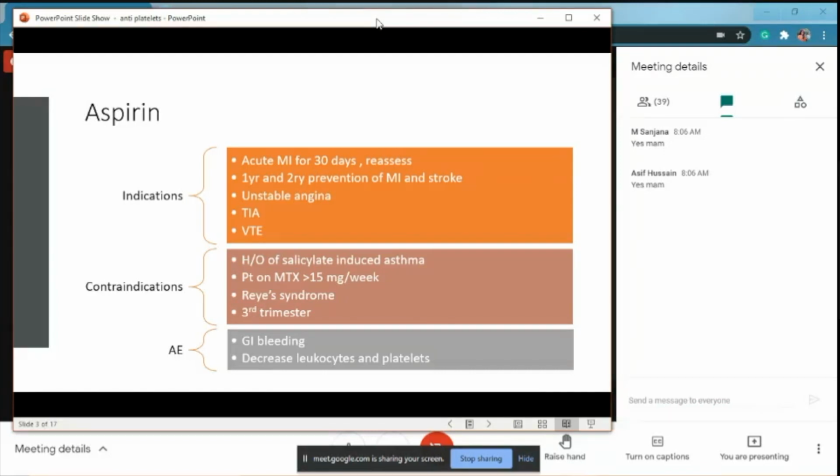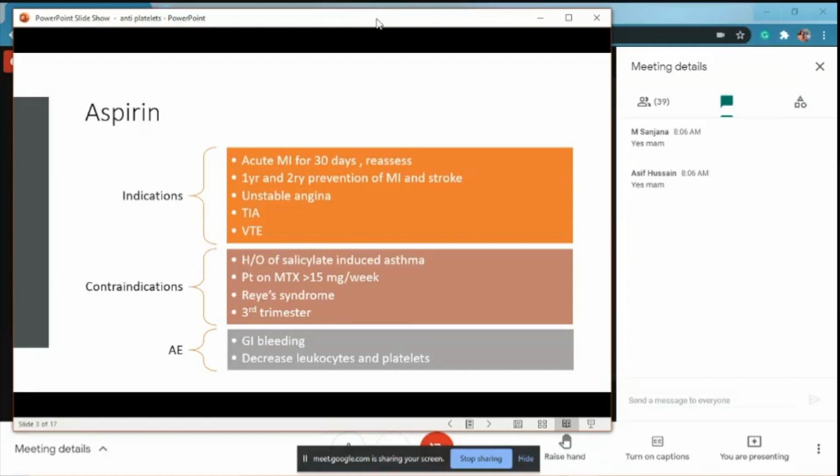Then the patients on methotrexate more than 15 milligrams per week, for example, a patient with rheumatoid arthritis. So it's not an absolute contraindication again. Can we use aspirin in those patients? Yes, we can. So, for example, let's take a patient having rheumatoid arthritis and the patient is on